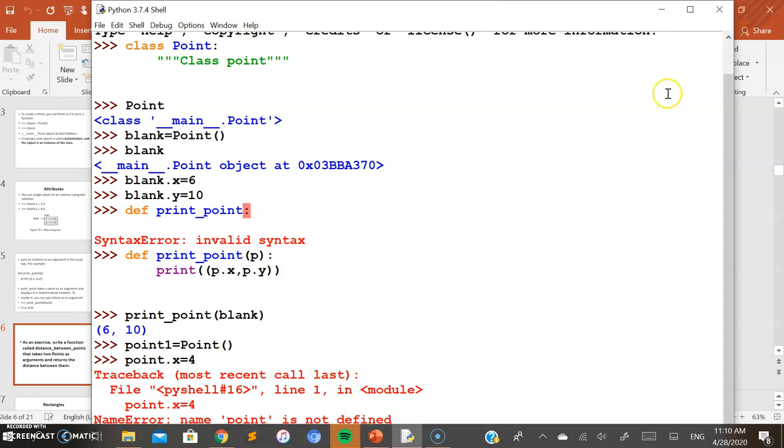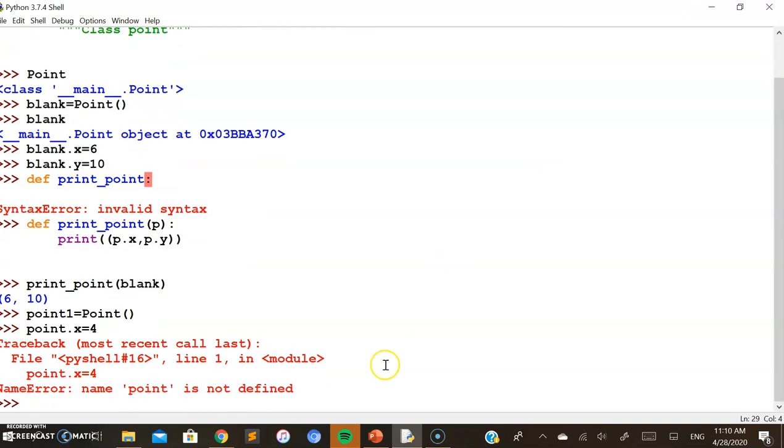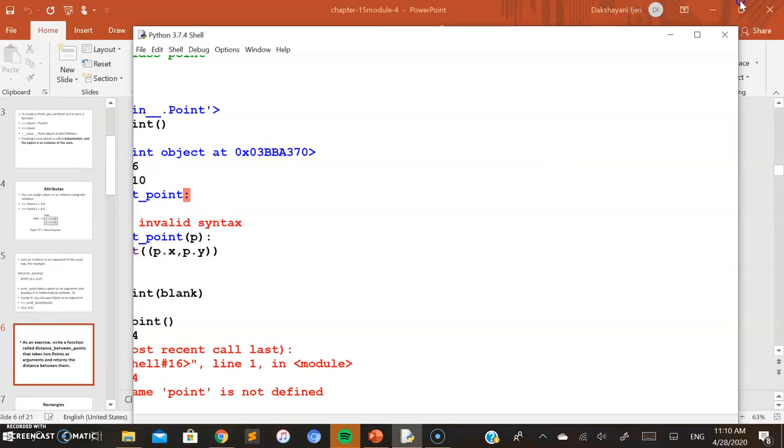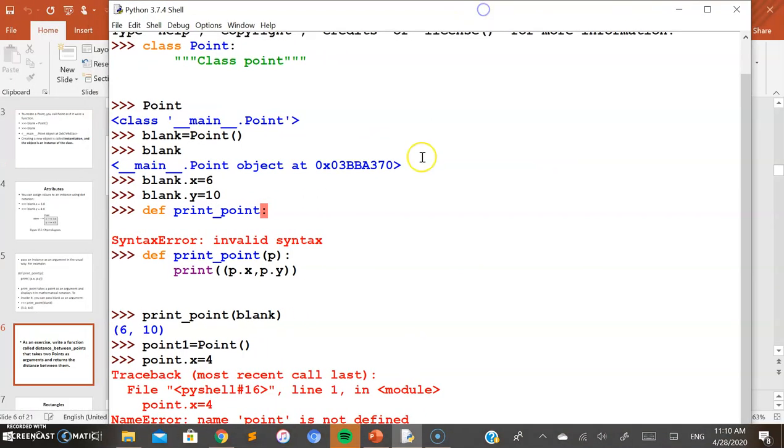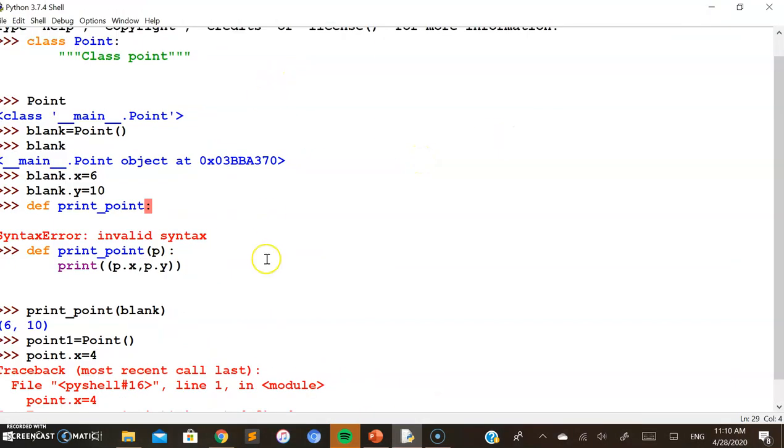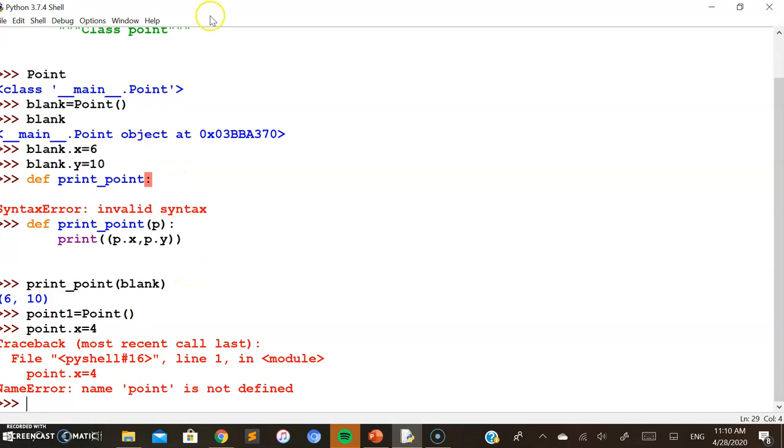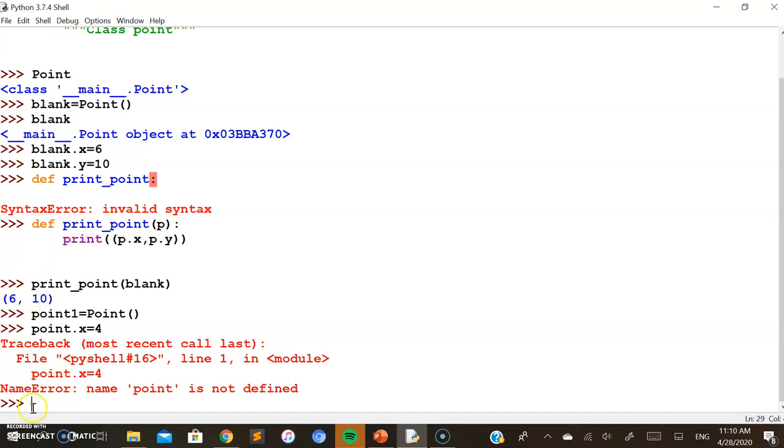So point is not the object name here. So point is not an object name.